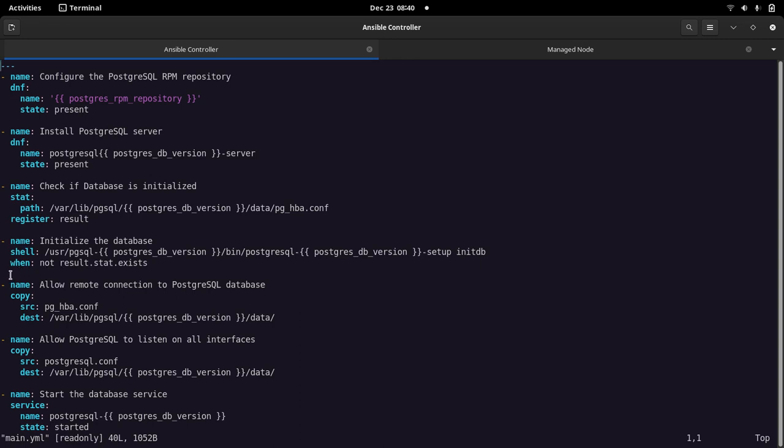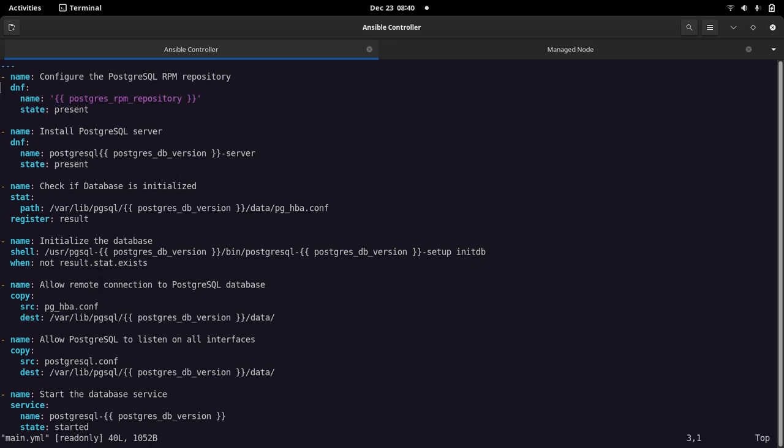And here you can see there is some difference from the last playbook: we are utilizing variables over here. I'll show you where I have defined these variables. You can see the Postgres RPM repository variable is also being utilized. These two variables I have defined in the variable section, which I will show you.